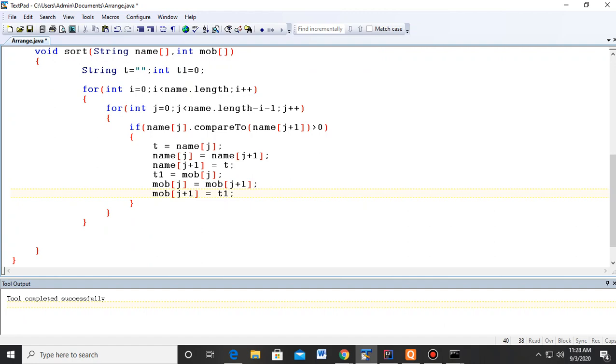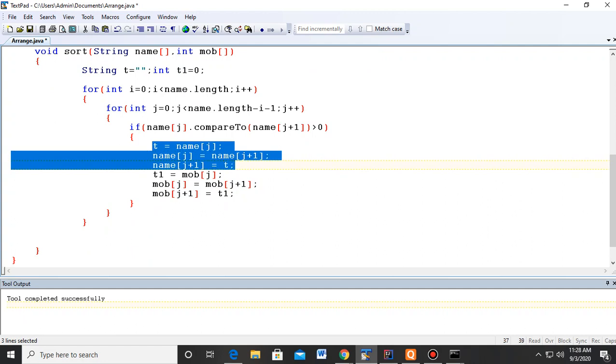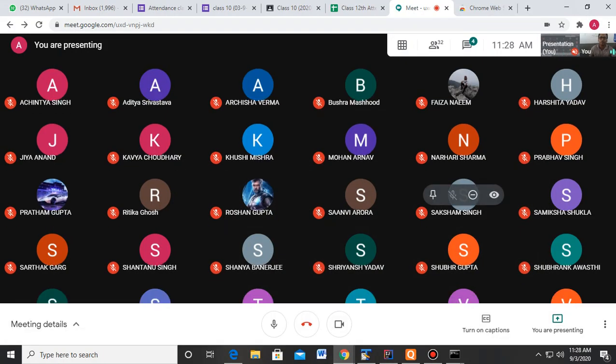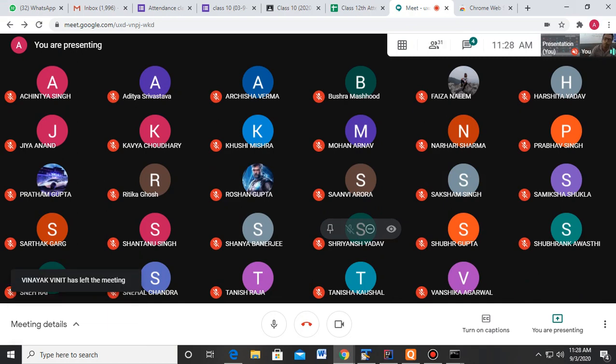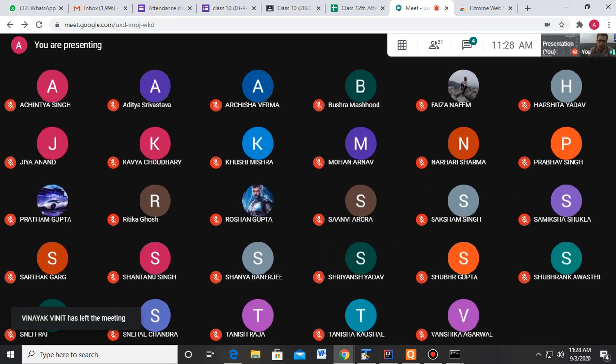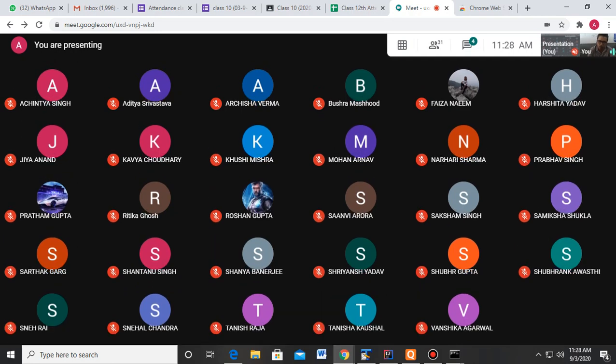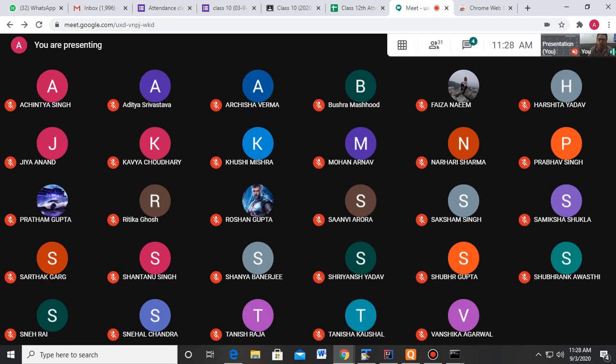And here we have considered two arrays. So when we are swapping the names, at the same time we need to swap the mobile numbers also. In case you people have any doubt, then please tell me how this swapping works. Actually what happens, children, when I am swapping the name, suppose at name 0 my name is there, so it simply means that at mob 0 my mobile number is there.